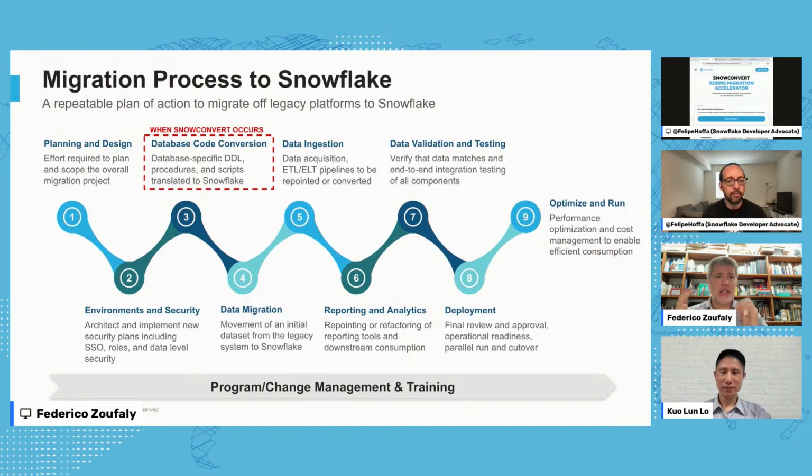So it doesn't only accelerate the conversion of the database schema itself, but it also helps the business users with the conversion of their own queries. When you look at where SnowConvert plays into the big picture of a migration, of course you always have a planning and design phase, and this is very important because you are completely changing platforms, and the target platform Snowflake is not the same as the original platform.